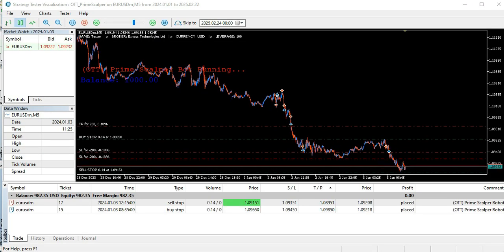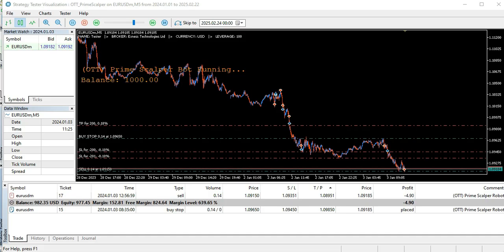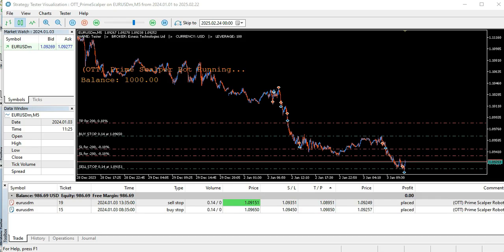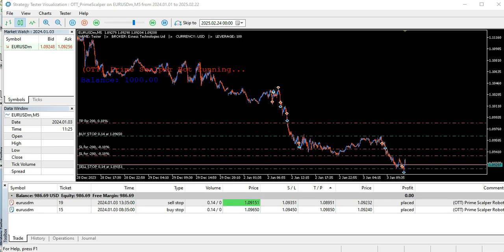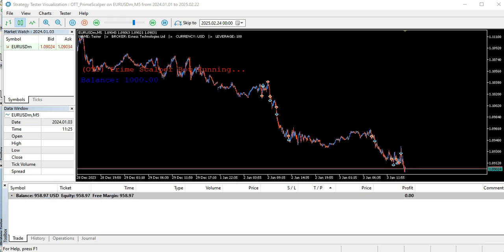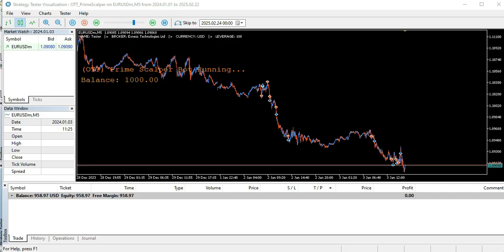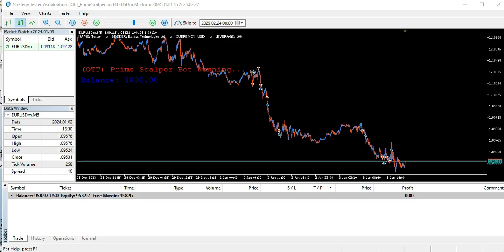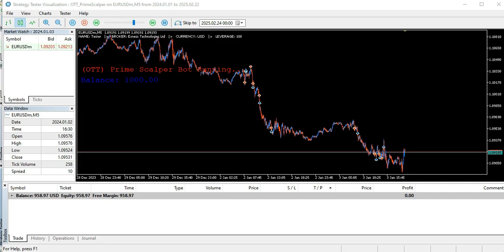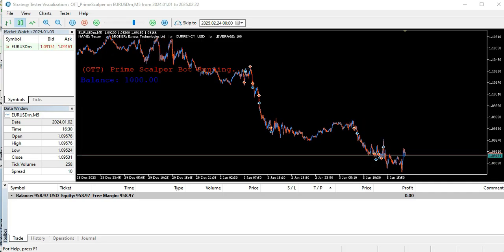As you can see from the screen, it places orders at the recent high or the recent low, and whenever it hits the order, it takes the trade and it trails the trade very aggressively. This robot has a 90% win rate and a very low drawdown. The results speak for themselves. I'm going to run the backtest for a period of 3 years, and you are going to see that it maintains consistent profit, a win rate of 90% and a very low drawdown.